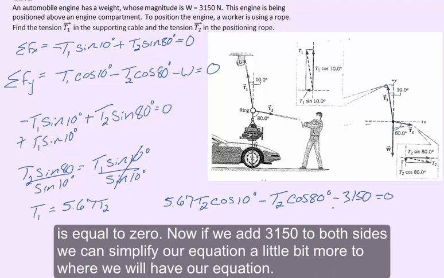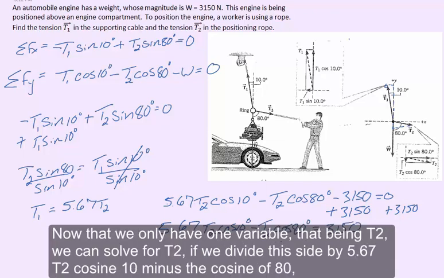Now if we add 3,150 to both sides, we can simplify our equation a little bit more to where we'll have our equation. Now that we only have one variable, that being T2, we can solve for T2. If we divide this side by